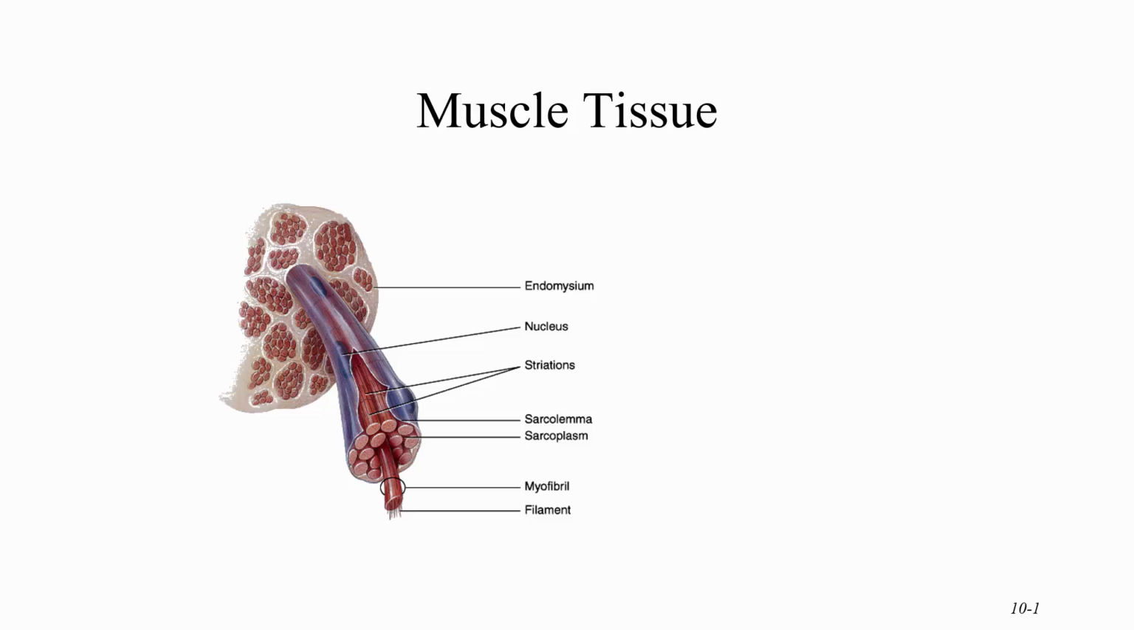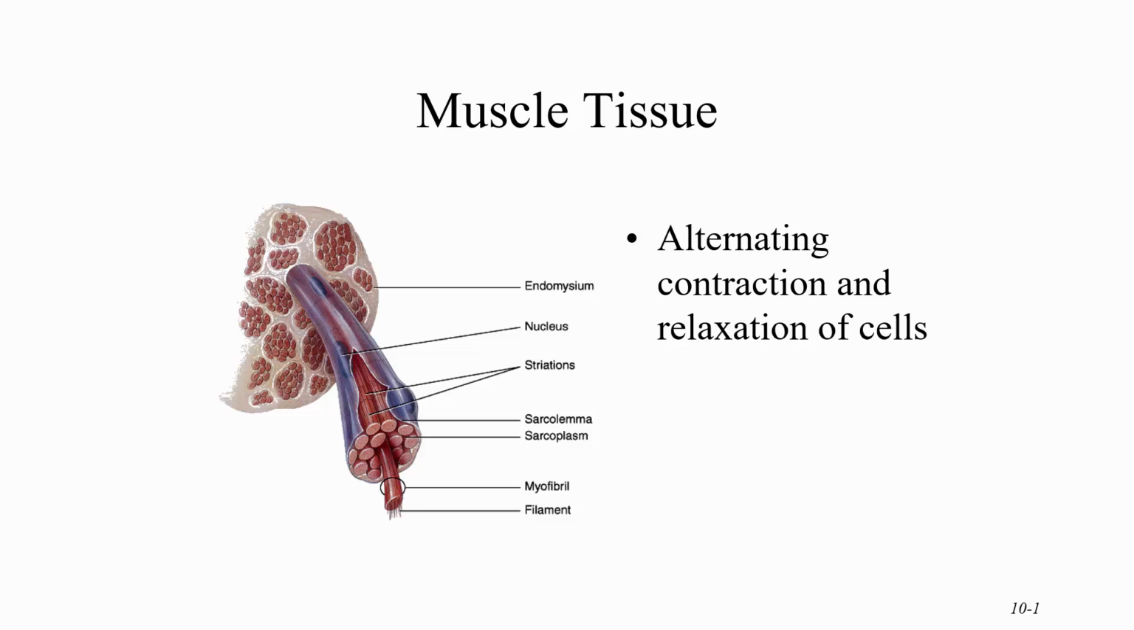In this lecture, we're going to look at muscle tissue. Now, muscle tissue does one of two things. It either contracts or it relaxes. It does not push. In other words, if I want to bend my arm at the elbow, then my bicep